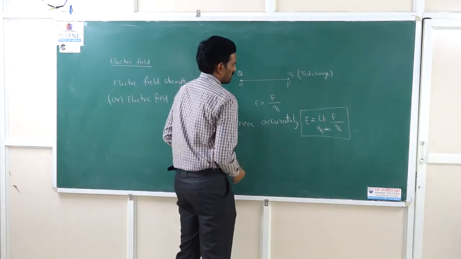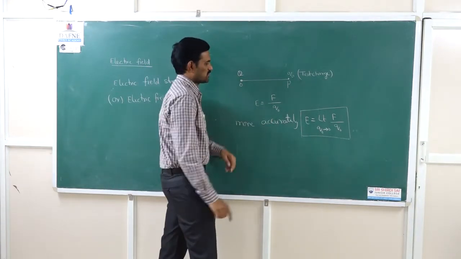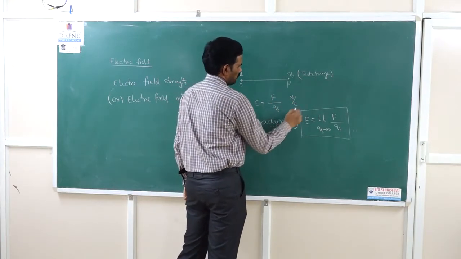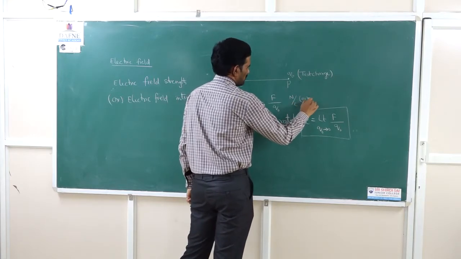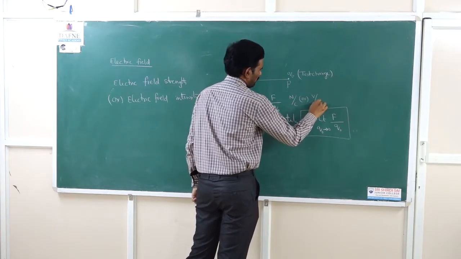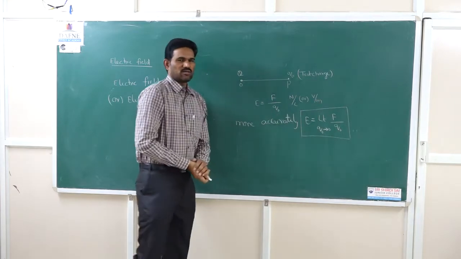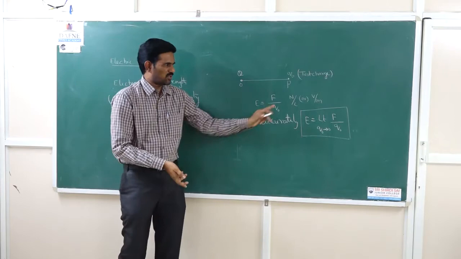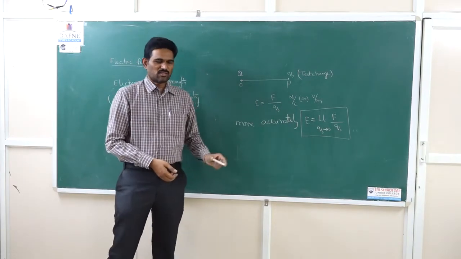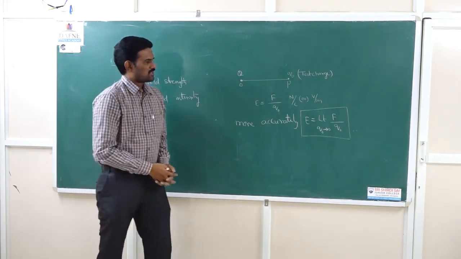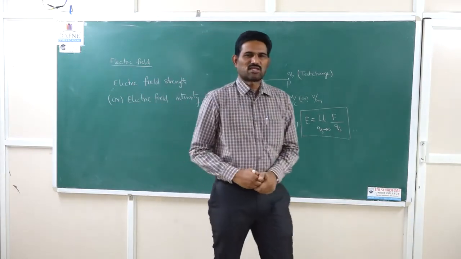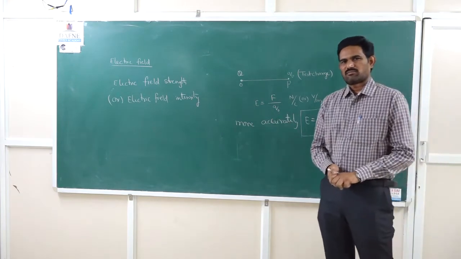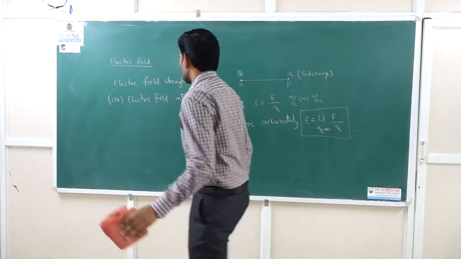And next here you can mention the units. As you know the formula for this, you can mention the units. The unit of E is Newton per Coulomb, and you can also express it as volt per meter, and later we will get a formula for how the unit will be volt per meter. So from this formula you can remember it as Newton per Coulomb. That is the unit of this electric field. And next, another point regarding this electric field: it is a vector quantity, and its